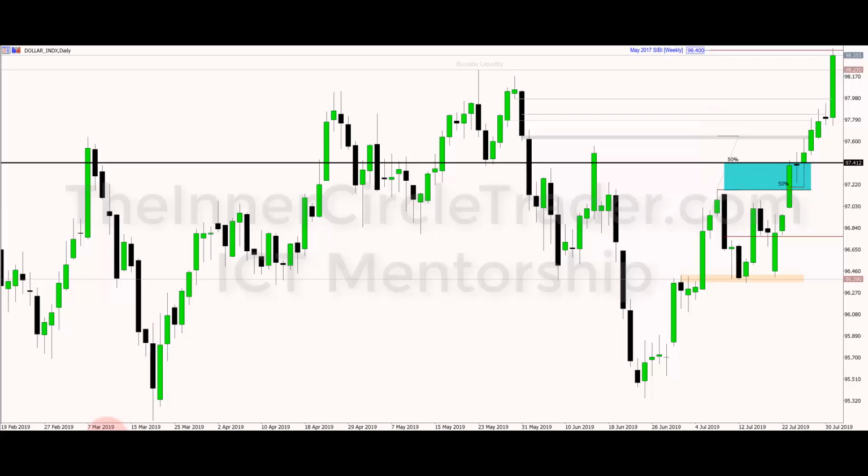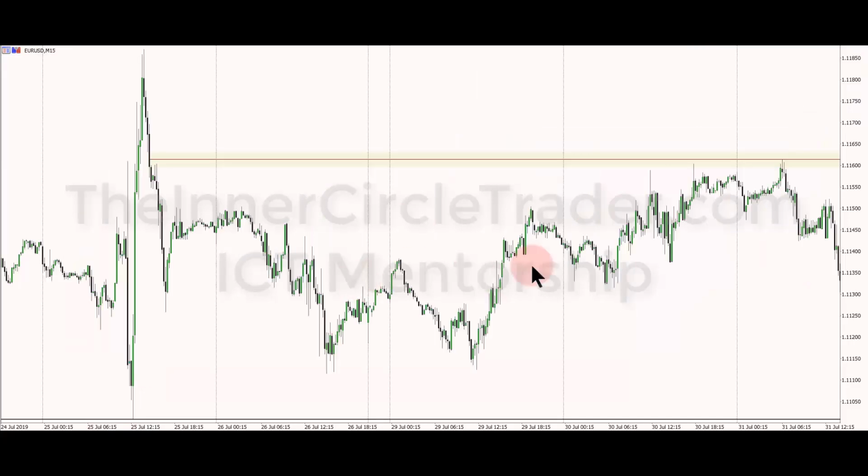So we're going to jump right over into Euro. Now, as you know, I had a short on the fiber market, which is Euro USD, at 111.67 and 6 pipettes. And I took 30 pips off and I took 50 pips off. So I was able to bank 80 pips out of the move, but I left the stop at my first